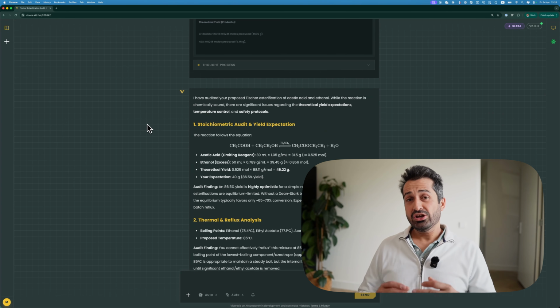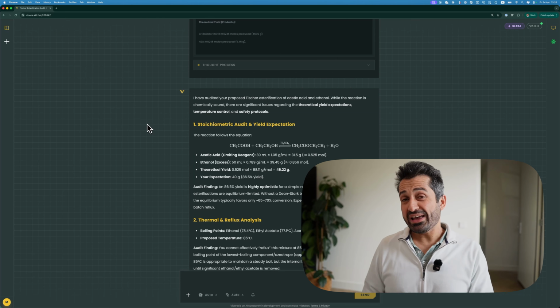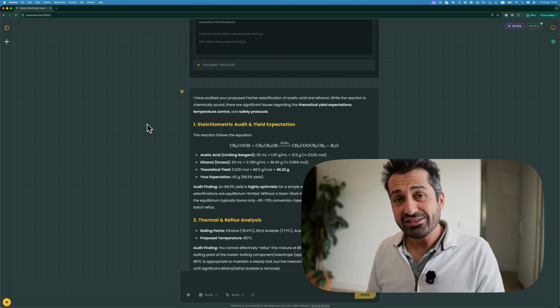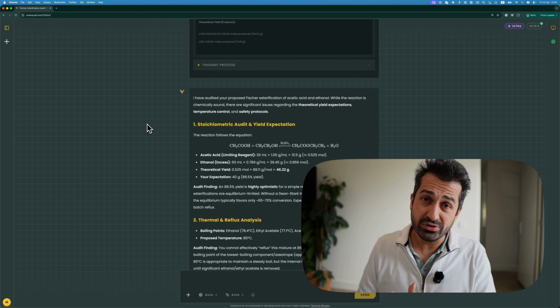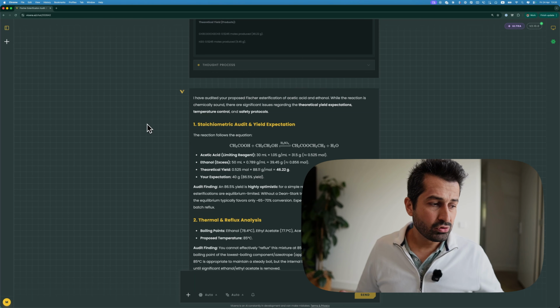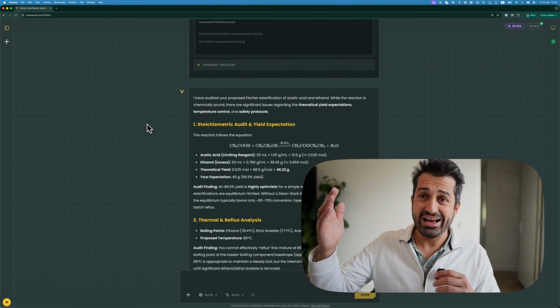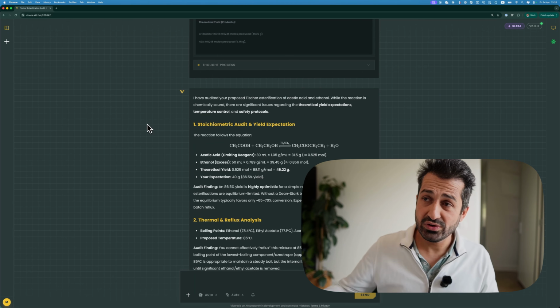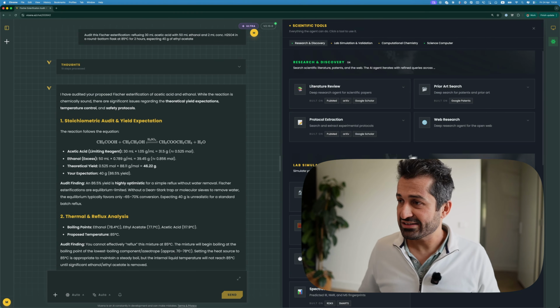What does that mean? You can ask the same question from an LLM, but here it is based on state-of-the-art and validated databases and libraries that every chemist is using. So you don't need to use those directly yourself. You can ask Listener to do it for you. So it can audit it.